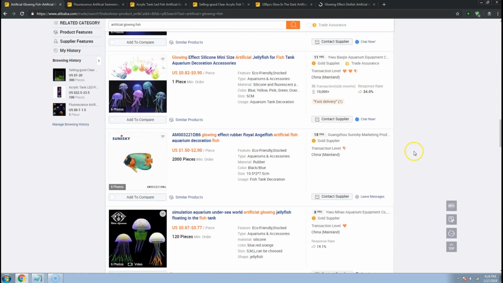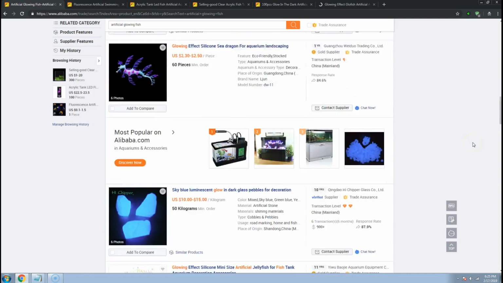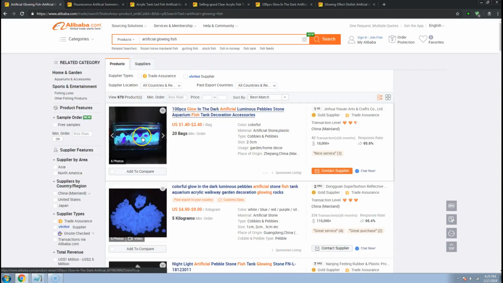And if they are truly a supplier, if they sell rocks, it's a good chance that they're going to be doing the glowing fish as well, as well as decor, right? And then from there you can expand to the water jet and the tank with the LED lights and that kind of thing. And what we can do,